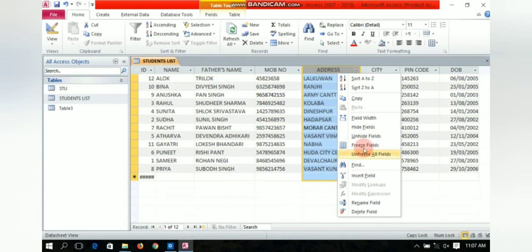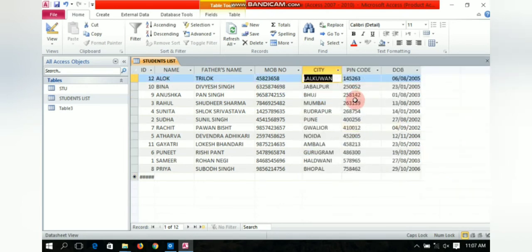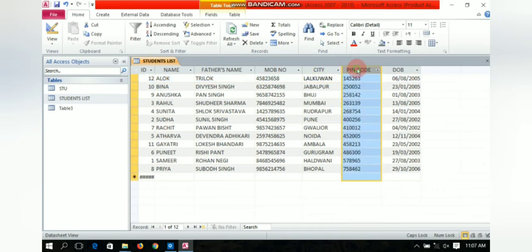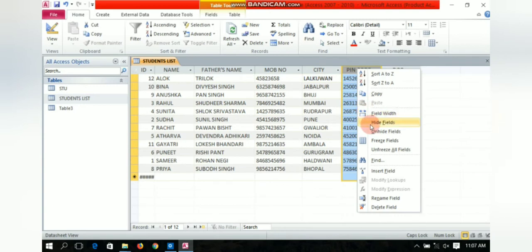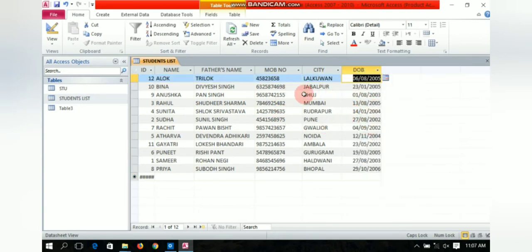From that choose hide fields, okay? I will do it again so that you can understand. Right click and click on hide fields, okay? See, previously the address field is gone and now the pin code field is gone.